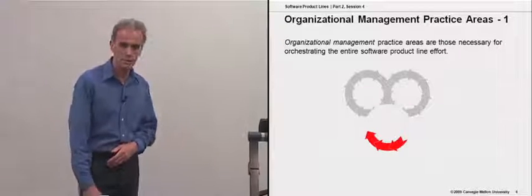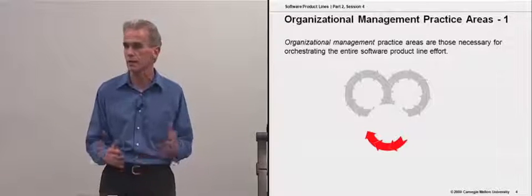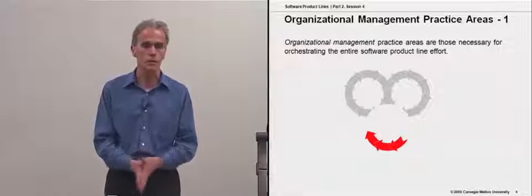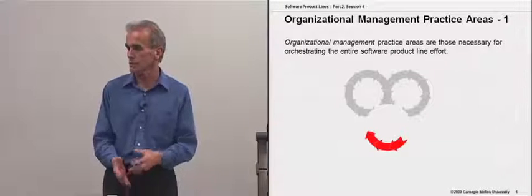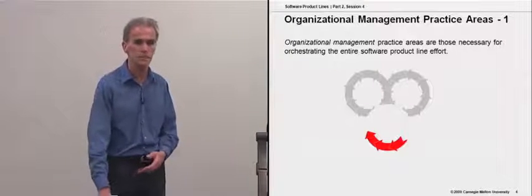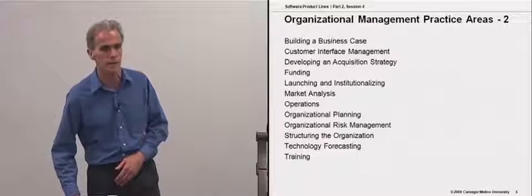So these are the concerns of your product line manager, or if you don't have an identified product line manager right now, your product line steering group. People in charge with the authority to make the necessary decisions about funding and structure and so on. People at the right level in the organization to make things happen.